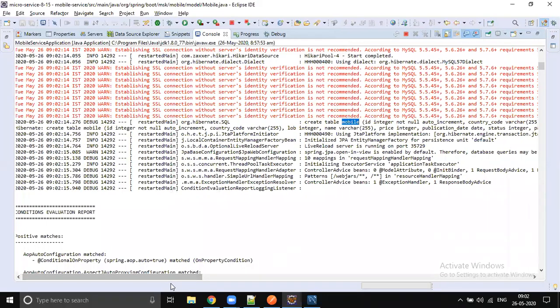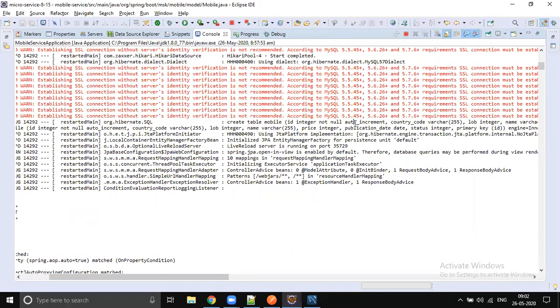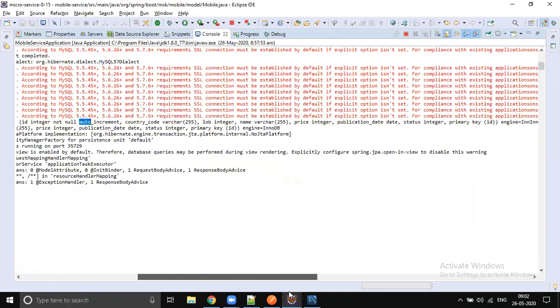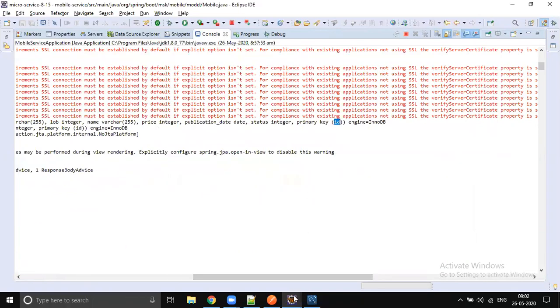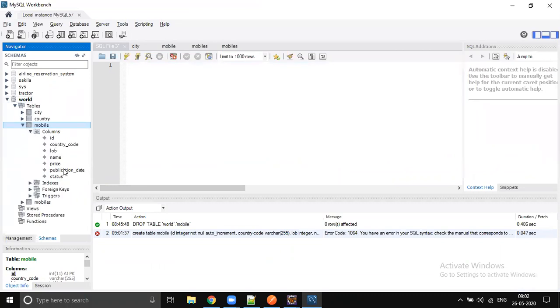So ID is the primary key and it's an auto increment, right? When we give identity, in database it's a term called auto increment. Just go to the database and refresh. You see that, yeah, the mobile table is created with all these columns.